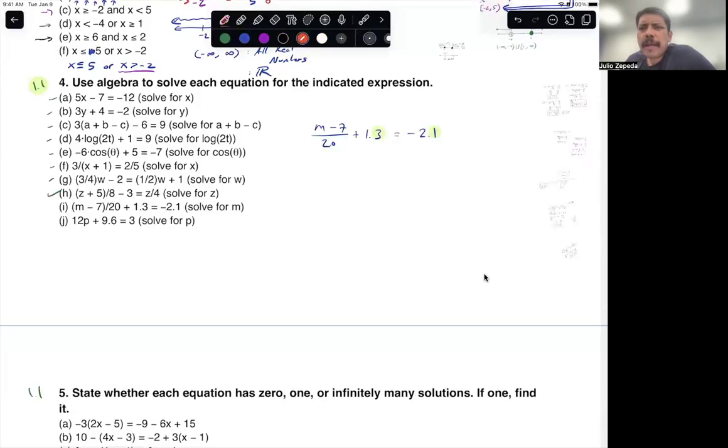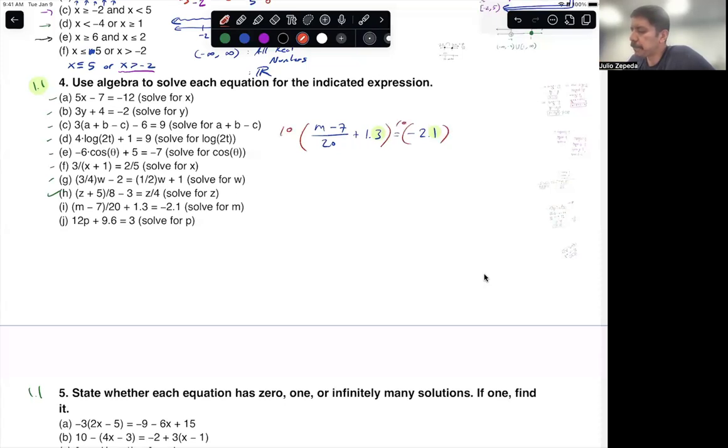I'll multiply by 10, but notice that the least common denominator in this problem is actually 20, because there's only one denominator and it's 20. So multiplying by 10 will not be enough to get rid of the fraction as well. We really need to multiply by 20, but we'll worry about that in just a little bit. Let's multiply by 10 to worry about the